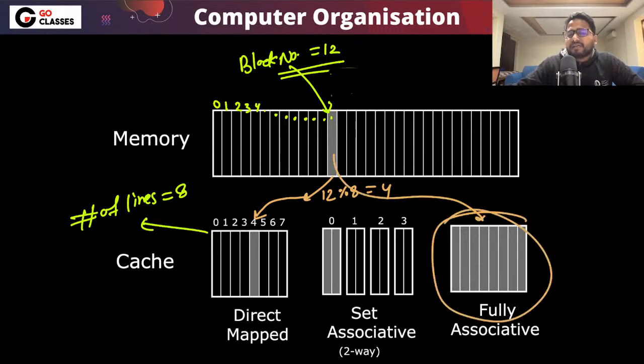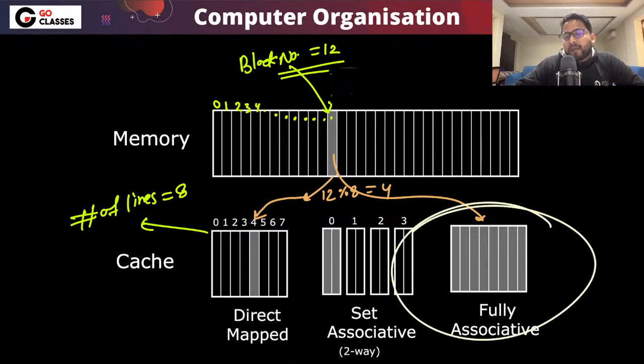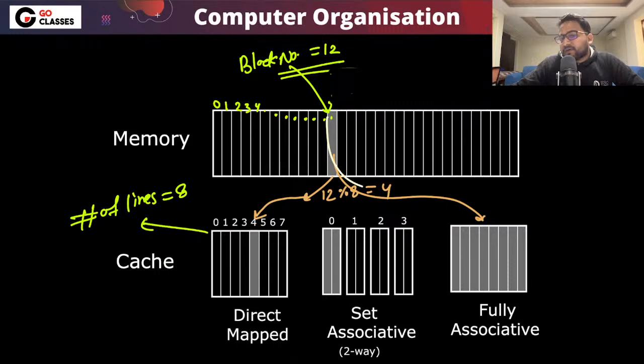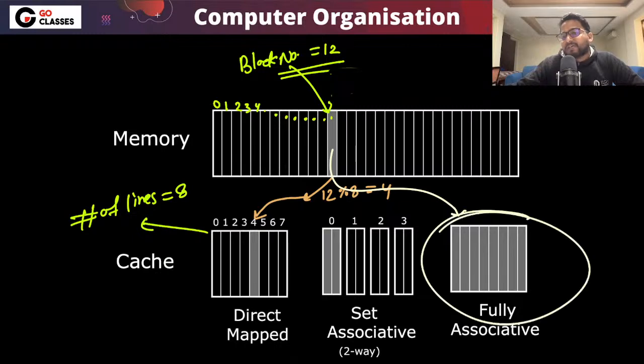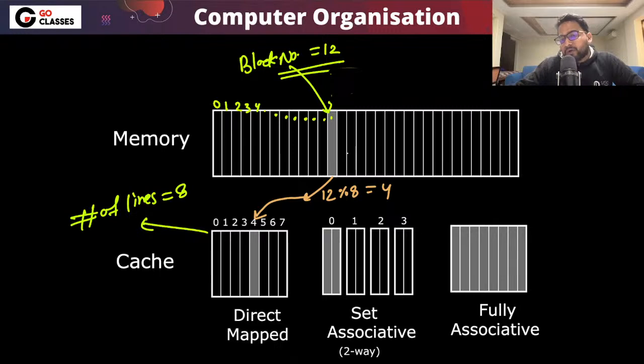Now you might be thinking that okay, fully associative is better, or maybe you might be thinking that direct map is better. You may say fully associative is better. Why? Because you have flexibility here, right? You can put anywhere. But the problem will be that we need to check where it is present. I mean, the search time will be more. We will see this later on. But you can guess a little bit that if I'm putting it anywhere,